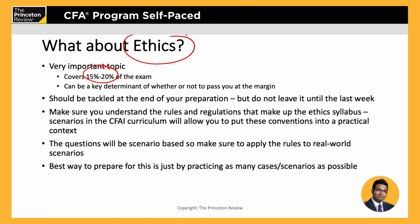It's a very important topic, don't get me wrong, but especially for students with English speaking abilities, ethics is super duper easy. But the best way to learn ethics is not by reading. The best way to learn ethics is by practicing, with as much practice as possible with as many cases and scenarios. CFA ethics haven't changed a lot over the years, but they have to come up with hundreds and hundreds of questions every year. So I have a feeling they're kind of exhausting the number of cases and scenarios